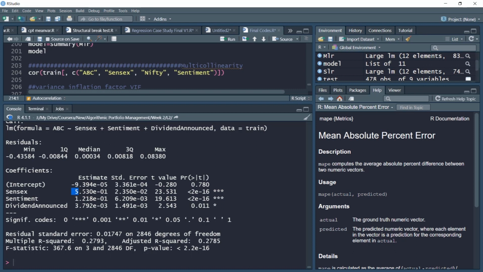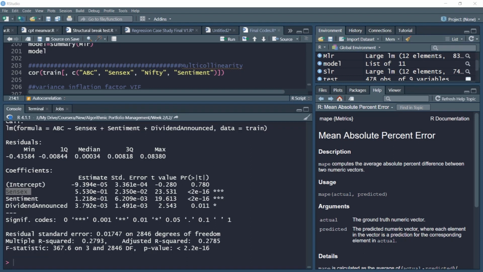The beta, which is the coefficient of Sensex, is around 0.55. The sentiment variable is also very significant, and dividend announced is very significant. To interpret the Sensex variable, for example, a 1% increase in the market or Sensex leads to a 0.55% increase in the ABC returns.